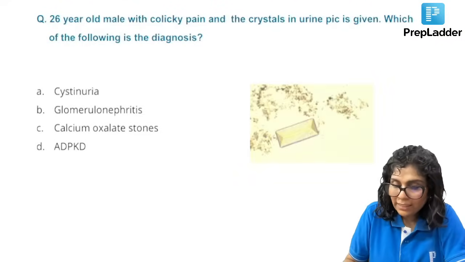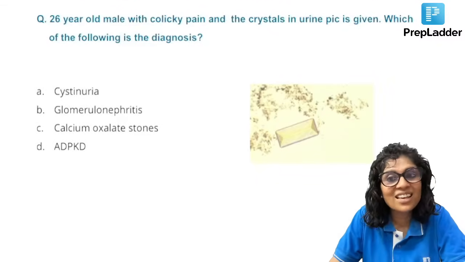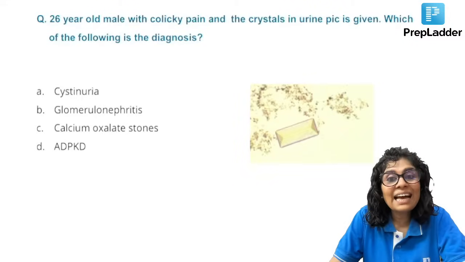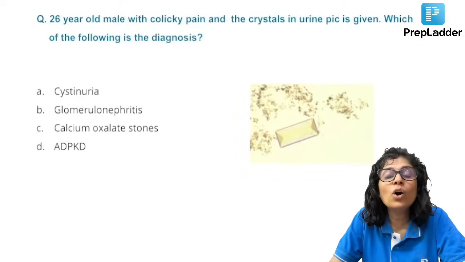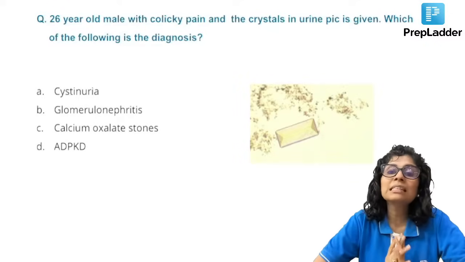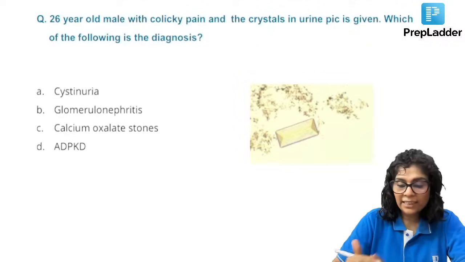Okay. The next one is, you know this, right? Coffin lid appearance. Coffin lid appearance is something which is severe. So when do you see a severe condition? Struvite stones. Staghorn calculus, right? Staghorn calculus, the entire pelvic calyceal system is loaded with stone. Staghorn calculus is a very severe thing, that is coffin lid appearance, and that is MAP